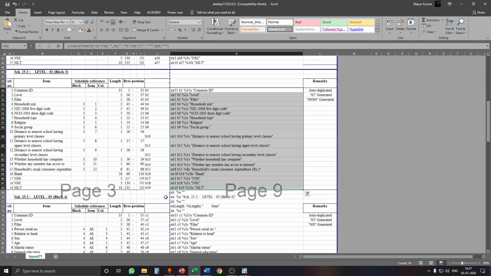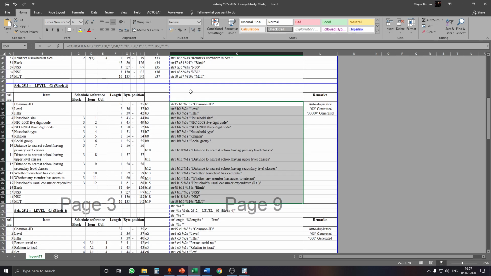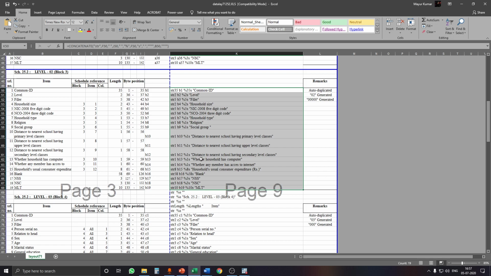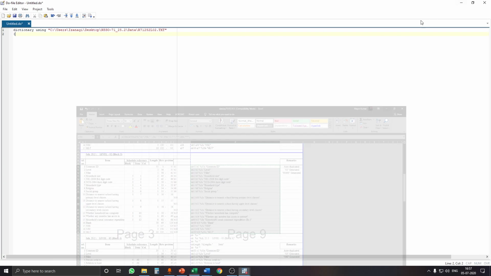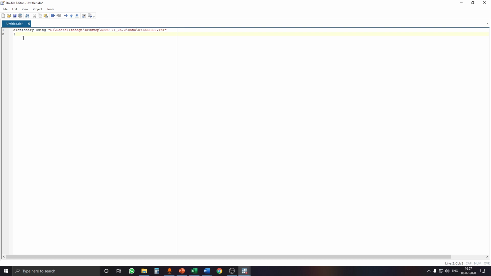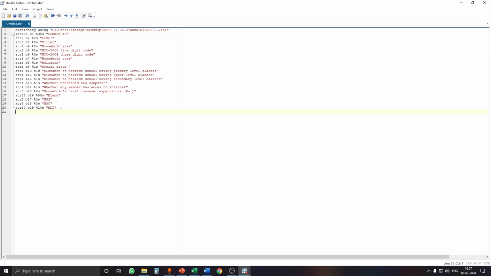Now we have to be careful that our data corresponds to only this much of the layout, so we do not need to copy these things, as we deleted them over here. We need to be slightly careful, otherwise we can always delete this. So we need only this much, so we are going to copy it, paste it here, and close the curly bracket.